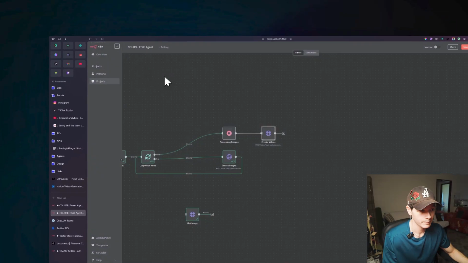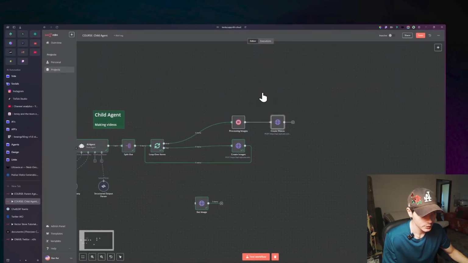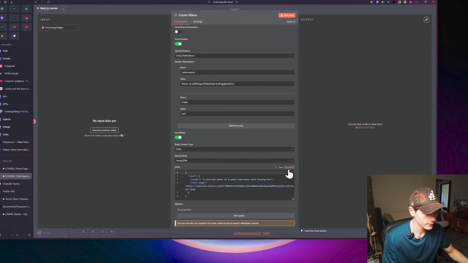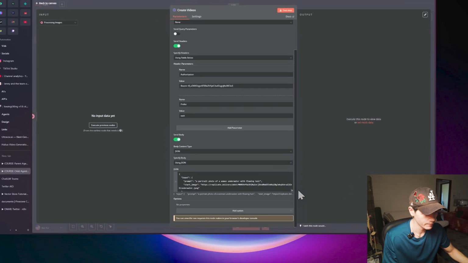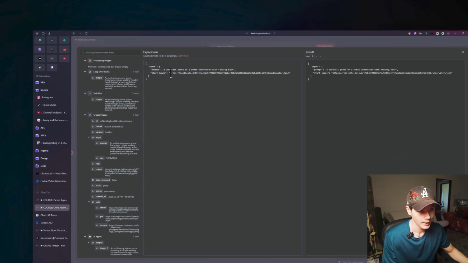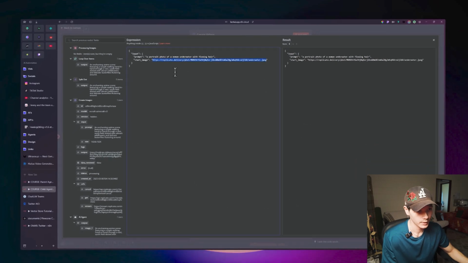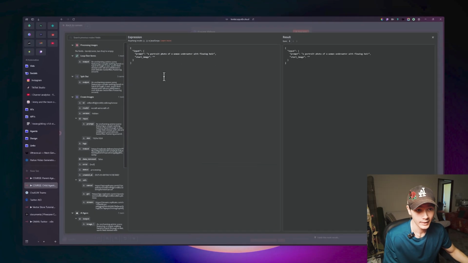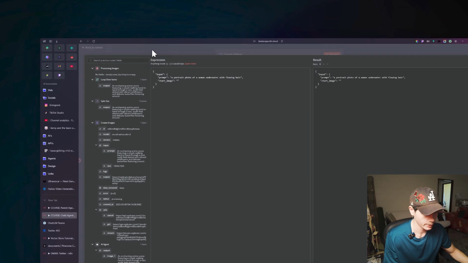We have that set. Now we need some prompts as well, right? We need a prompt like, as we can see here, a portrait photo of a woman underwater with flowing hair. And we also have the start image, so it actually needs to see the starting image as well. So how are we going to get that? Well, first things first, let's click on expression. Let's press this button here, and we see the start image. We're going to delete all that, and now let's actually get the expressions